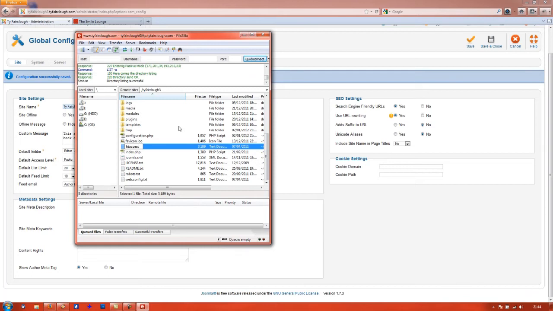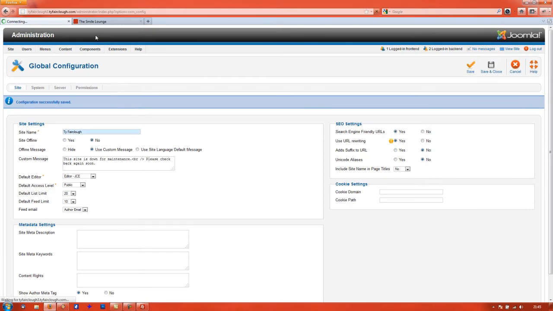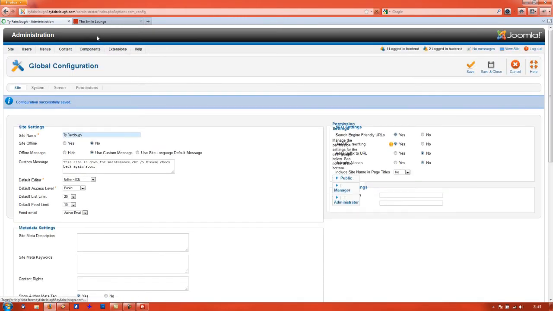But what you do need to check just before you activate the URL rewriting, if you're using a Linux server, which is what I'm talking about currently, is that you need to go into your FTP, go to the root of the site, and find the htaccess file, which in a default installation is called htaccess.txt, a text file. But htaccess files are actually just .htaccess with no file name, and that's what Apache reads to understand how it should deal with rewriting